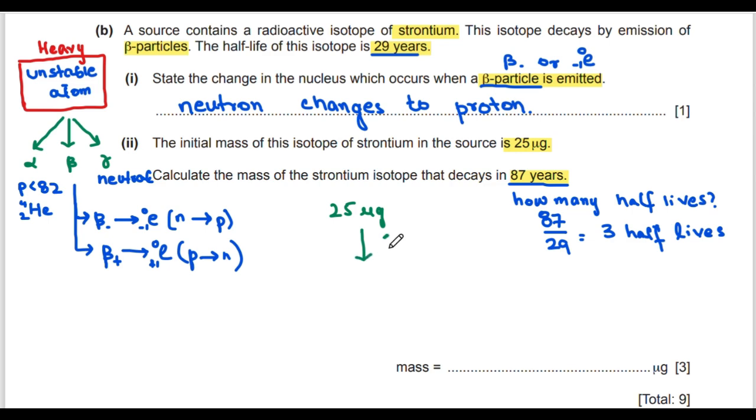So after the first half-life, half of 25 microgram would be left, which is 12.5 microgram. After the second half-life, 6.25 micrograms would be left. And after the third half-life, 3.125 micrograms would be left. So the answer is